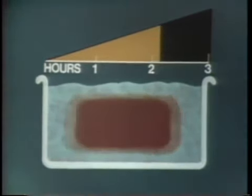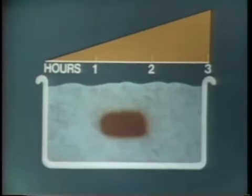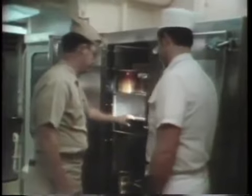If the food mass is very extensive, the chill line may not reach the center before the permitted 3 hours have expired. The center of the food mass may remain warm long enough to allow growth of harmful bacteria or development of toxin. When the food mass is small enough, prompt and thorough chilling to 40 degrees Fahrenheit or below to the center of the food mass within the required time frame can be achieved. Specifically, leftovers to be chilled must be placed in shallow pans to a depth of no more than 3 inches and covered with lids, waxed paper, or other appropriate coverings. Part of your responsibility as medical department representative is to monitor the handling of leftovers in accordance with the basic